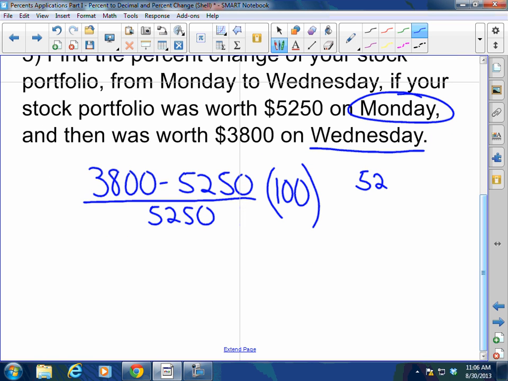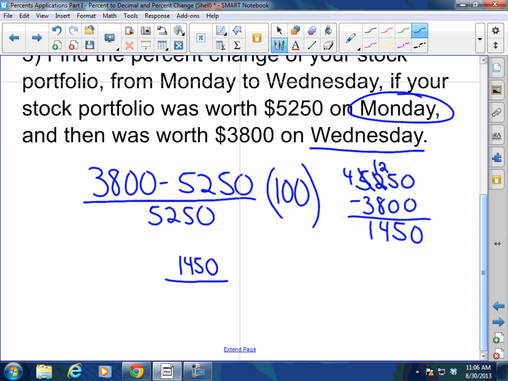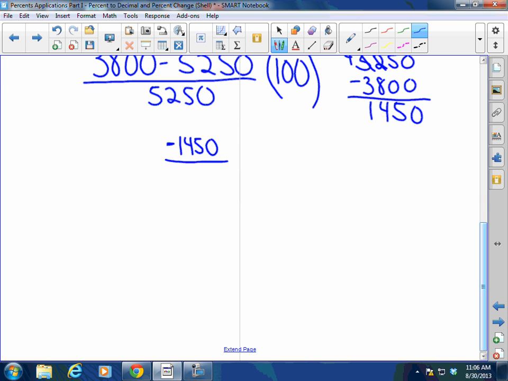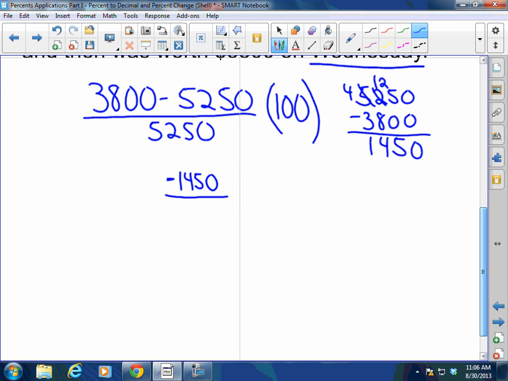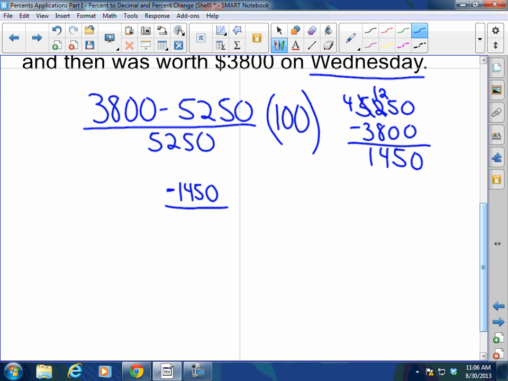You got 5,250 minus 3,800. Let's subtract. Got to borrow here, make that a 12. It's going to be 4. So I got 1,450. And that's going to be negative. Because remember, when you combine numbers with different signs, you subtract as normal and keep the sign of the largest absolute value. So that's negative 1,450 divided by